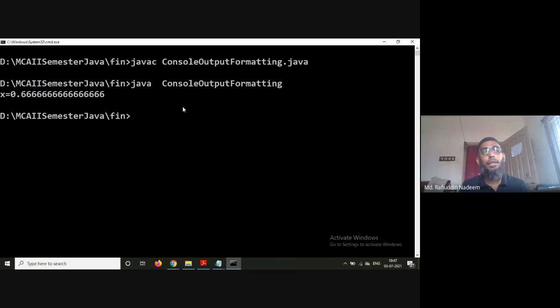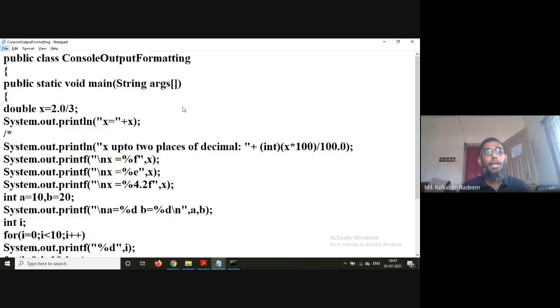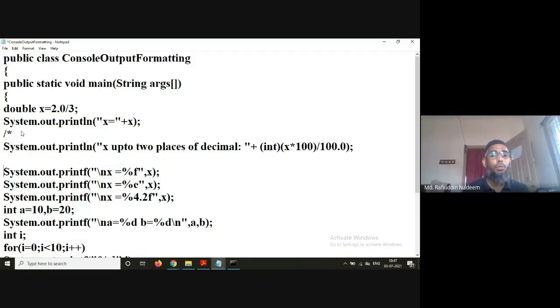Then if I want only 2 decimal places after that, this is the way. We have to typecast this.